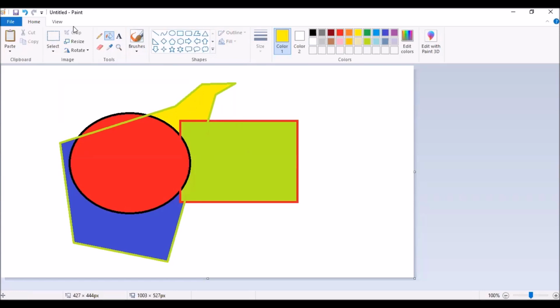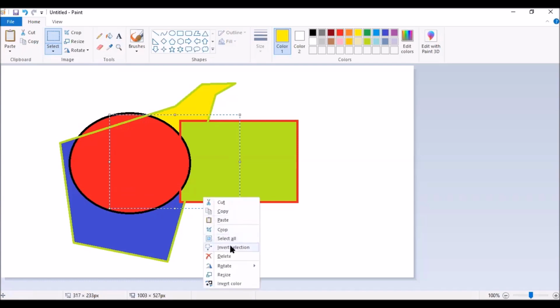Now I would like to view a portion of it. So what I can do, I can select my portion. I can select the portion that is desired to me, that I would like to display. So suppose I select this portion. So I have selected a portion. When I have selected a portion, I want only that particular portion to be displayed. That is basically the task of clipping.